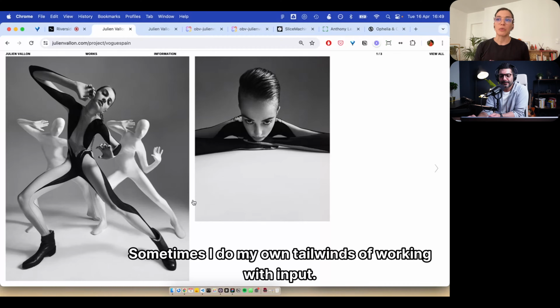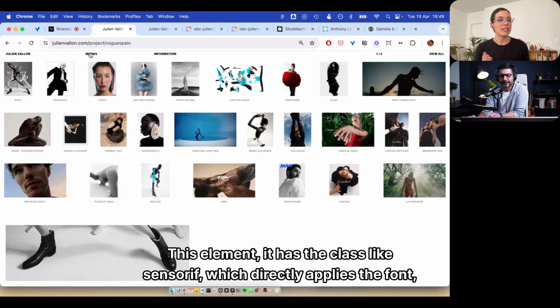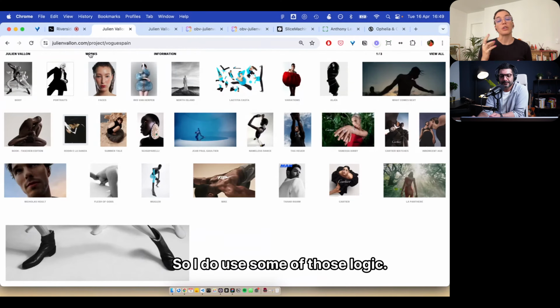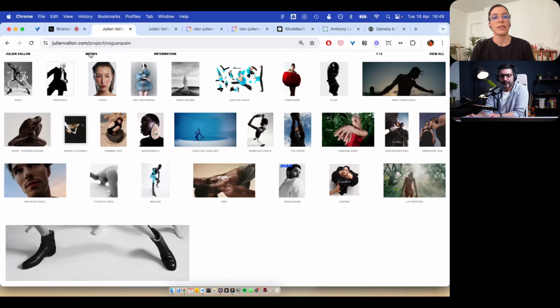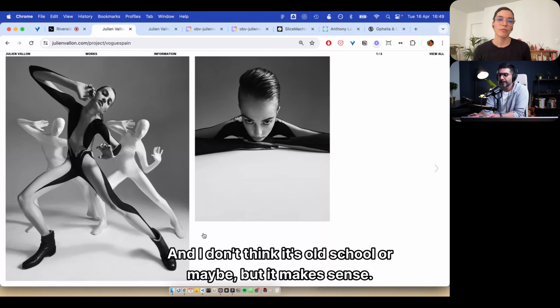Sometimes I do my own Tailwind. So for example, this element has a class like sans serif, which directly applies the font, the weight and so on. So I do use some of that logic just with my own classes, basically. Yeah, I completely agree and understand why you're doing it,